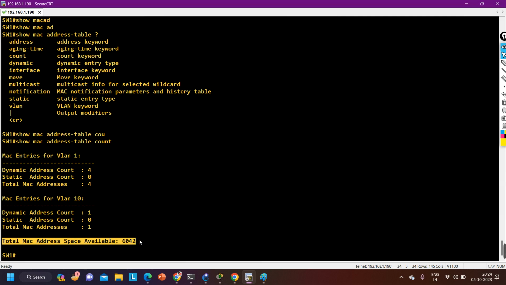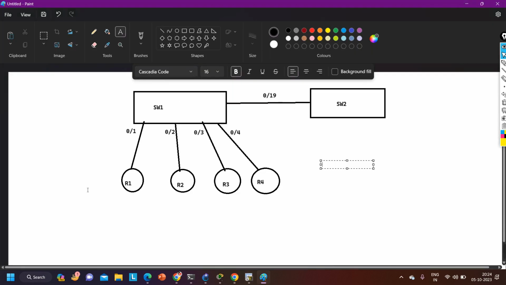Let's say the switch is receiving traffic from more than 6000 users. So how is it going to learn the MAC addresses? Now there is no space in the MAC address table. So that's why whenever the switch learns any MAC address dynamically, it will flush that entry after 300 seconds. So to save the storage of the MAC address table, we have this mechanism to flush the MAC address after the MAC aging time. But if you want to increase it, because see, whenever the switch does not find any entry,